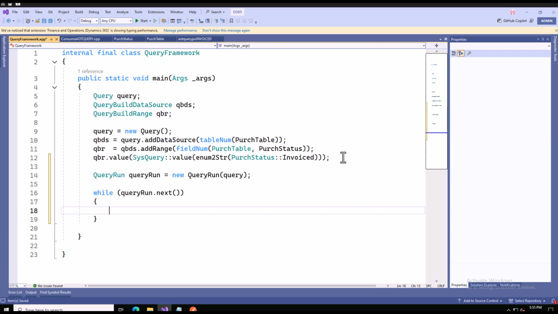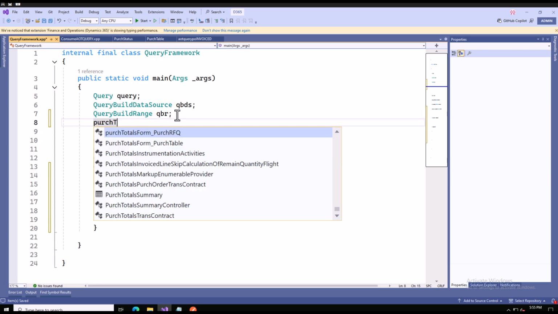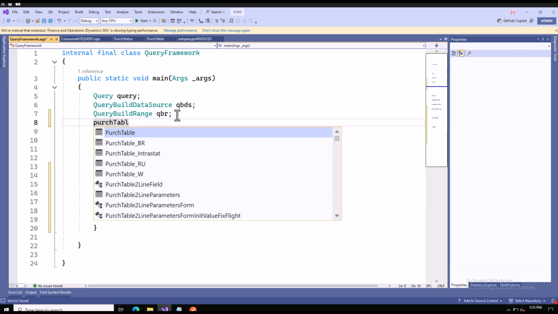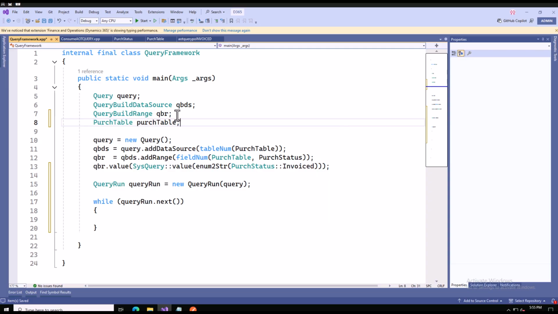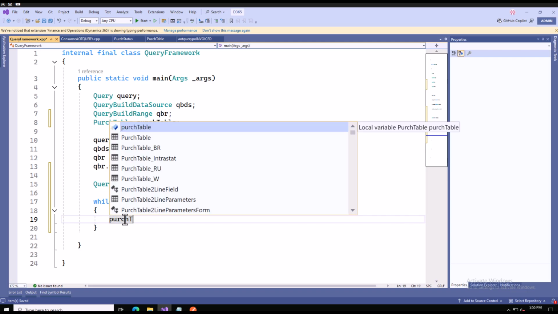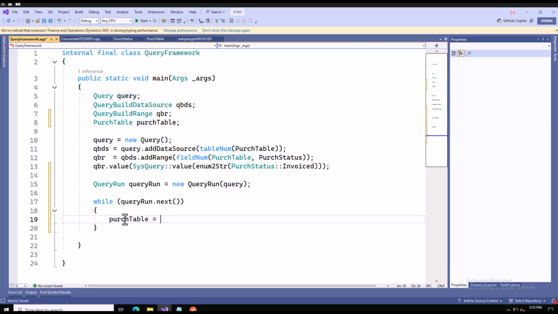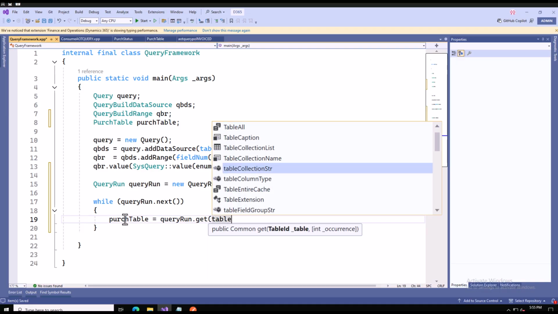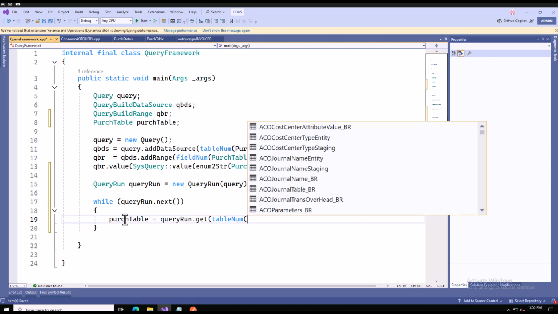Then we need a buffer of PurchTable, so I will declare my PurchTable here, and I can specify PurchTable equals, from my QueryRun I can use this get function and pass my table ID here, that is tableNum(PurchTable),